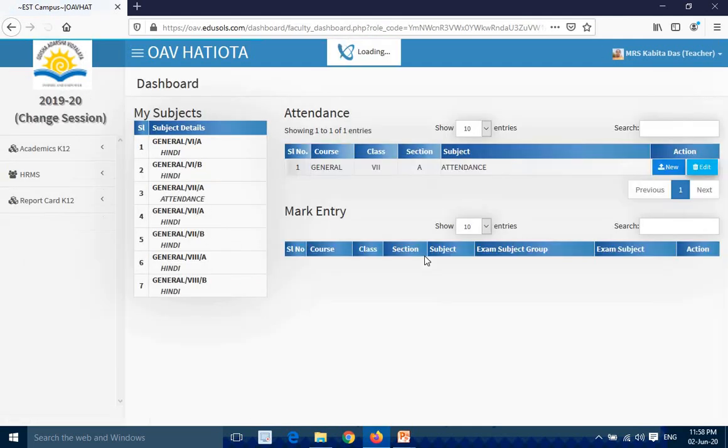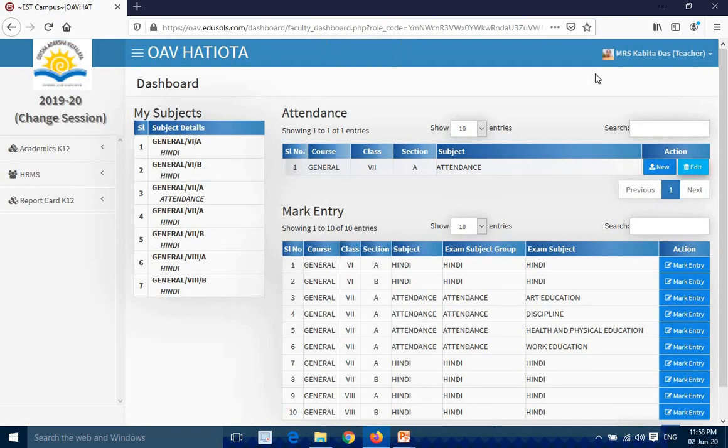When you click on the proceed button, here you can find the dashboard. In this dashboard, you can find the attendance. Every day the teacher has to take the attendance. Right now our school is closed because of the lockdown, so I don't want to teach you how to make the attendance here, but we have a lot of work. Many of the colleagues haven't entered their marks, so